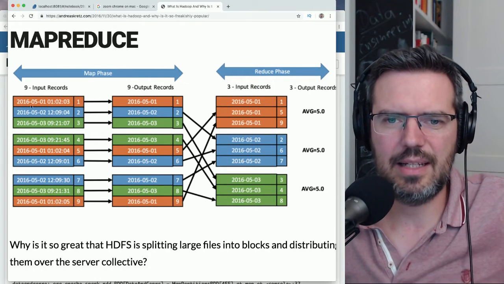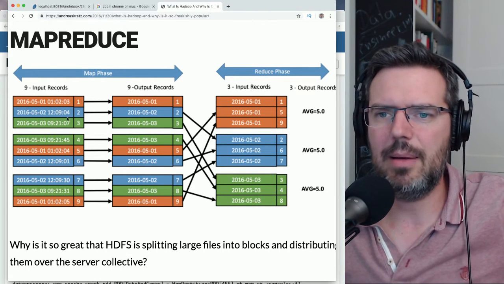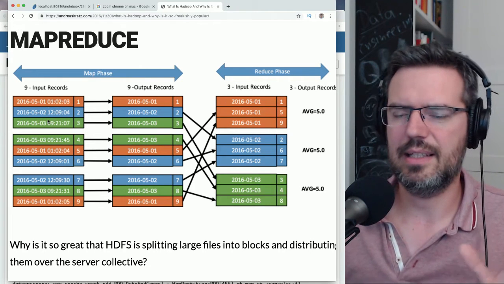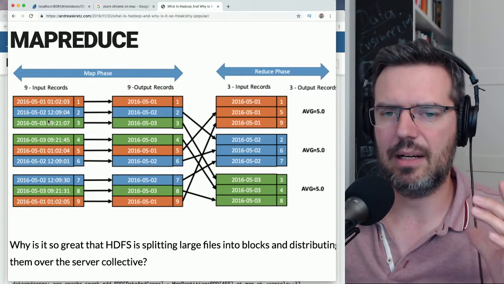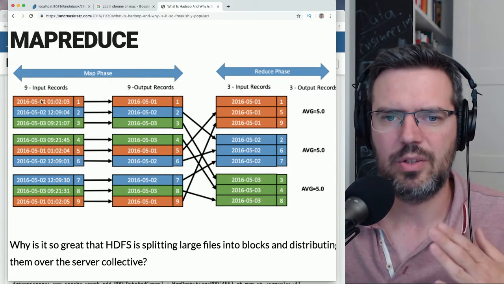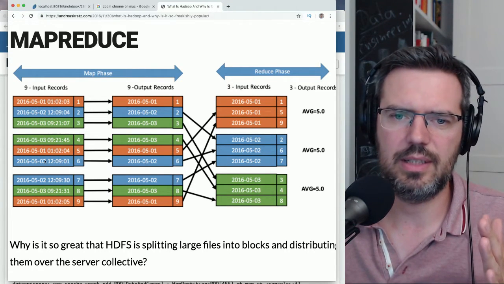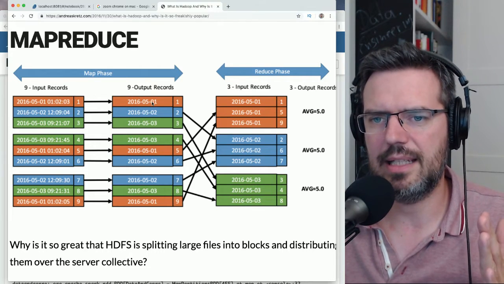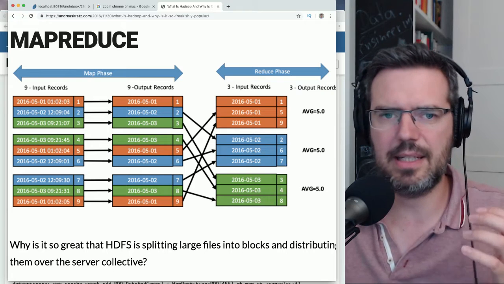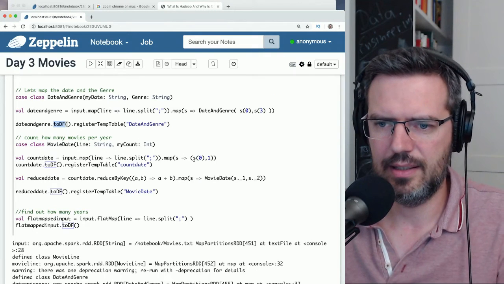Here you have the lines of our text file, and in the map phase we basically modify each line, and in our case we cut out the year. Here in a simple example with a timestamp, you make a cut on the day, and then you have only the date and no longer the hours, minutes and seconds. This is basically what we have done.